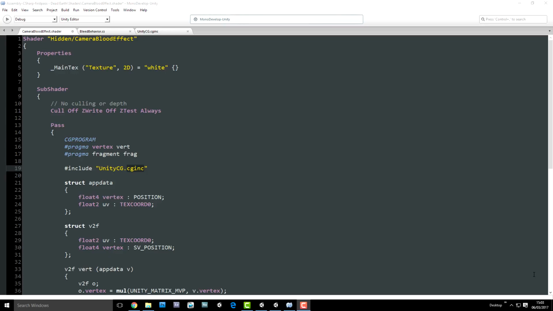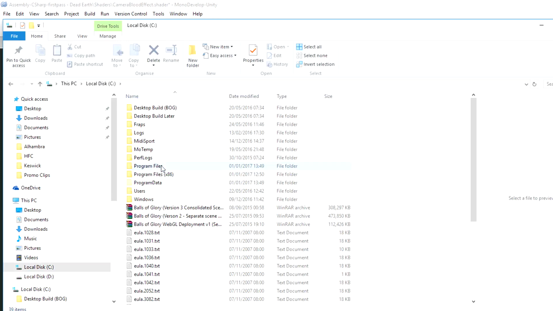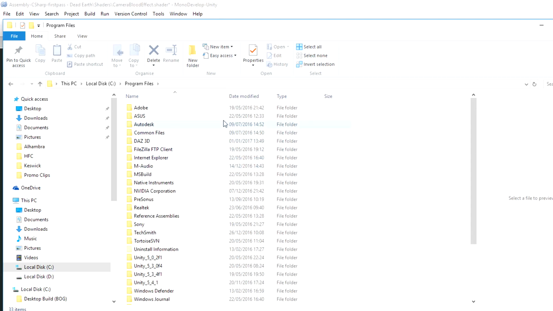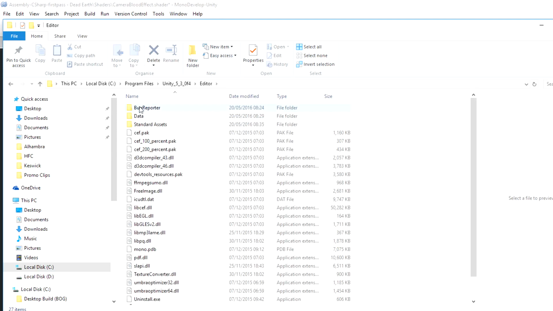So where are they? Well, let me call up my file explorer. If you drill down into your C drive, then into your Windows Program Files folder. Now, I'm programming on Windows 10 at the moment, so you'll have to look in the documentation to see where it is on a Mac or Linux. And you drill down into your Unity installation folder, and you can see there's an editor and a MonoDevelop folder. Drill down into the editor folder, and you'll see there's a folder called data,